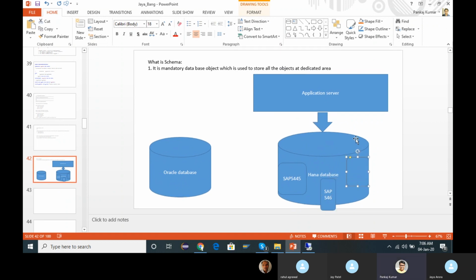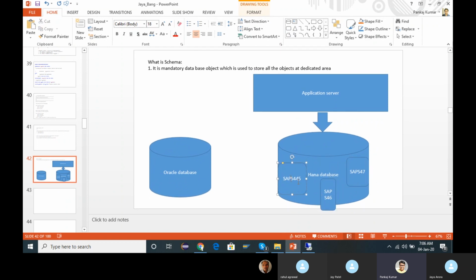If the instance name, the system name, is S47, then it will be SAP S47. This is how schemas get created, meaning different areas in the same database.